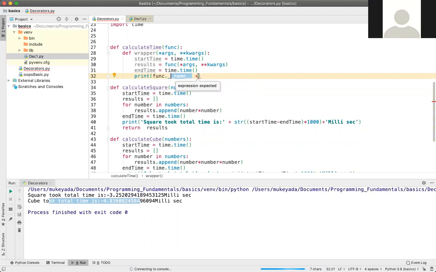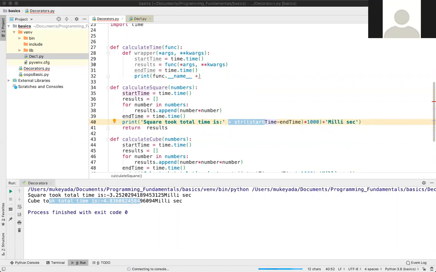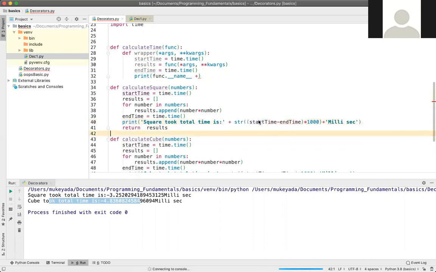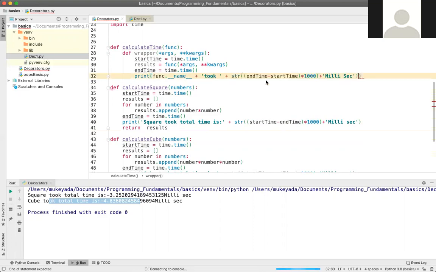and which we are going to call, plus, on the same line, complete this one, complete the line till the end. So this is the complete line. Here I can say after the plus, took end time minus start time into 1000 for milliseconds.